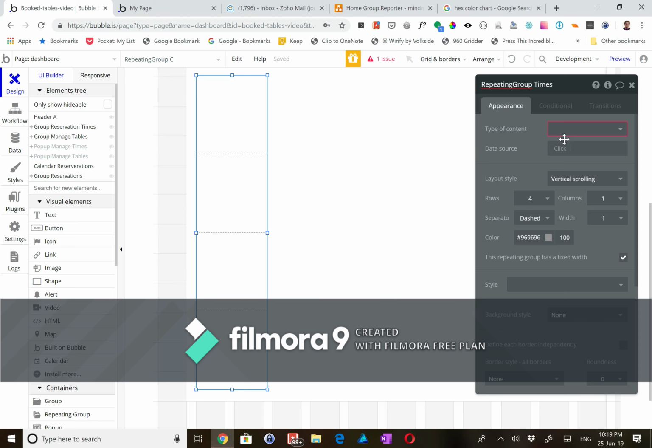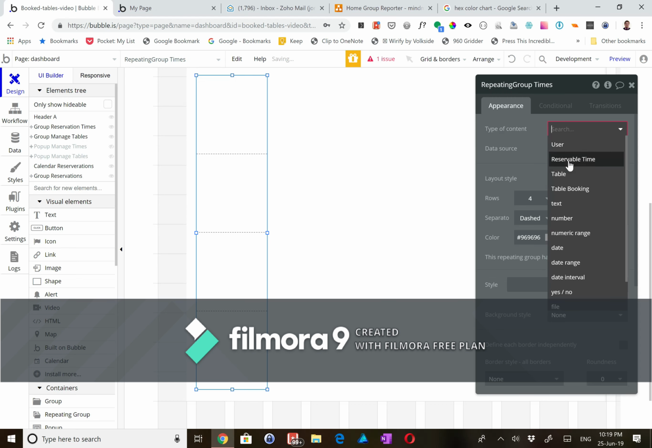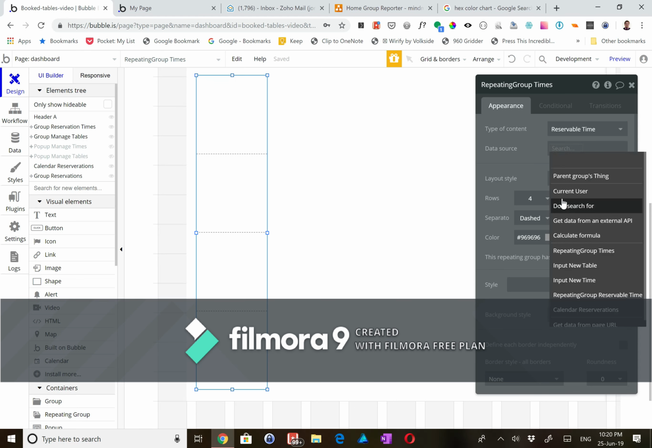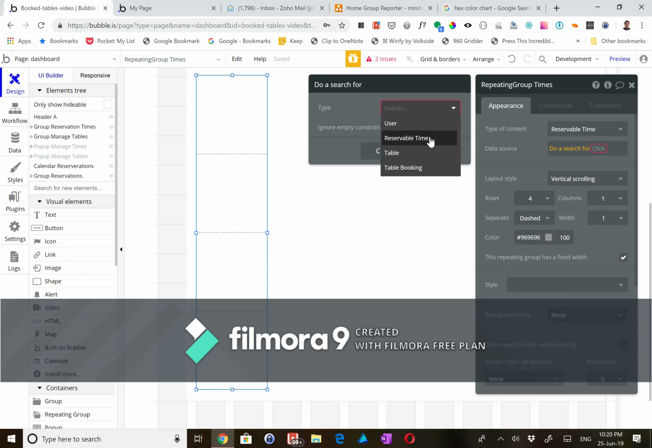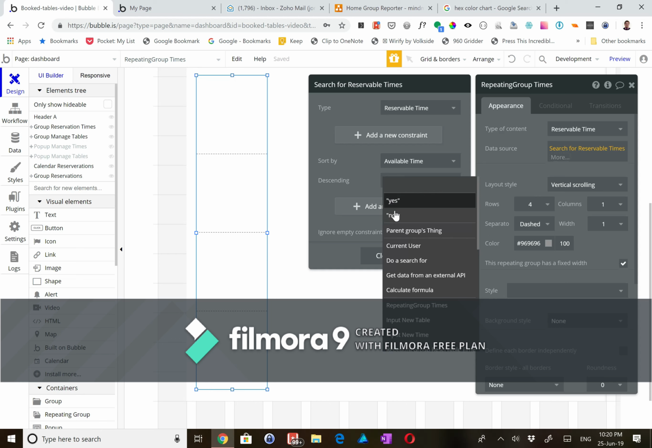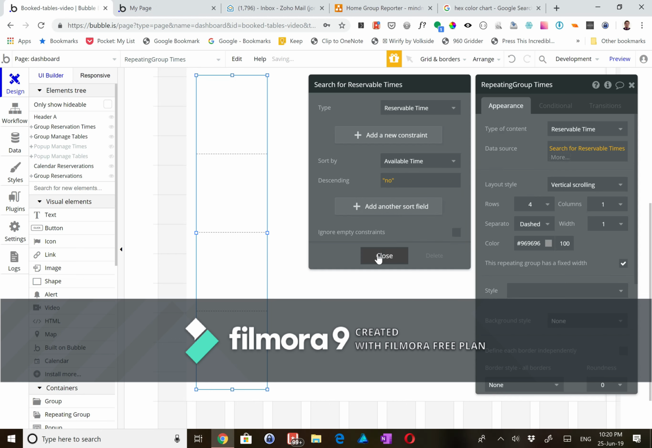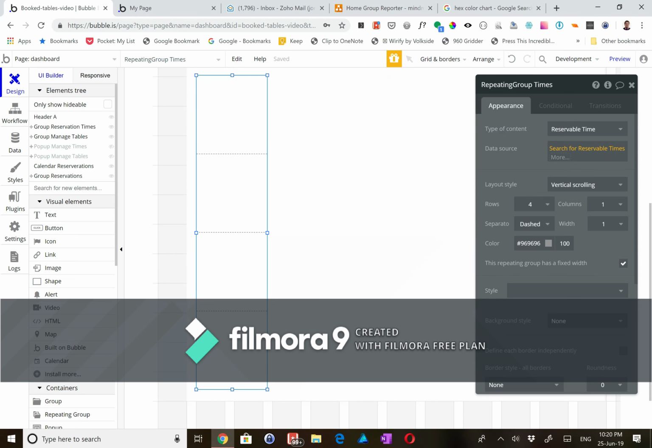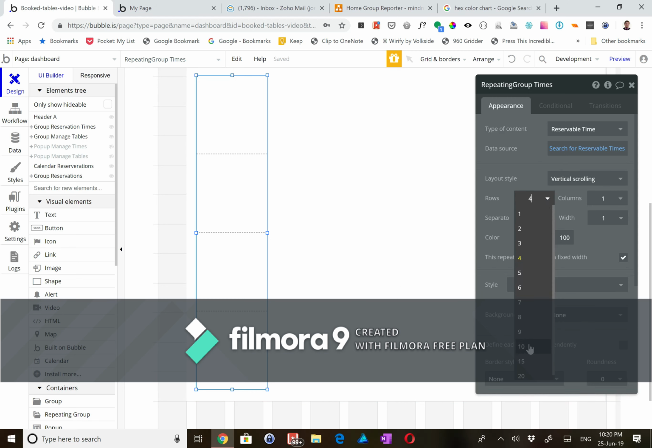times. And we will say this is type of content. I want this to be reservable times. There we go. We're going to grab all our reservable times and we're going to sort those by the time. And those will be descending no, which means they're ascending. And I'm going to say this is like 10. Yeah, that looks good. Maybe even